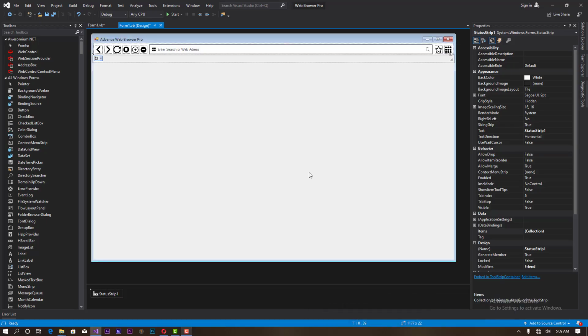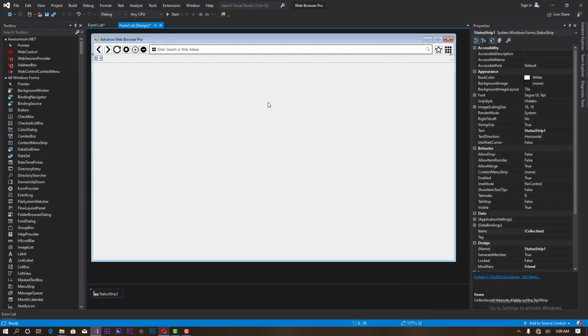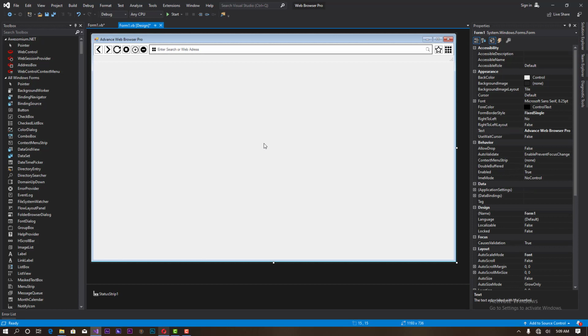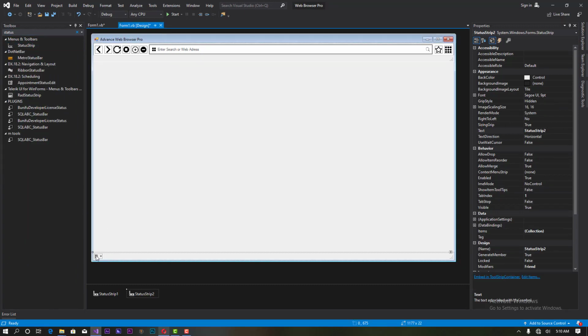Okay, so as I was saying, this is a status strip we will be using to identify our bookmarks, from where I was showing you this section, right? Good. Okay, good. So let's continue from there. I haven't added anything yet, so I just renamed all these into another section. So let me quickly add another status strip, and for this one I'll add it to the bottom here,